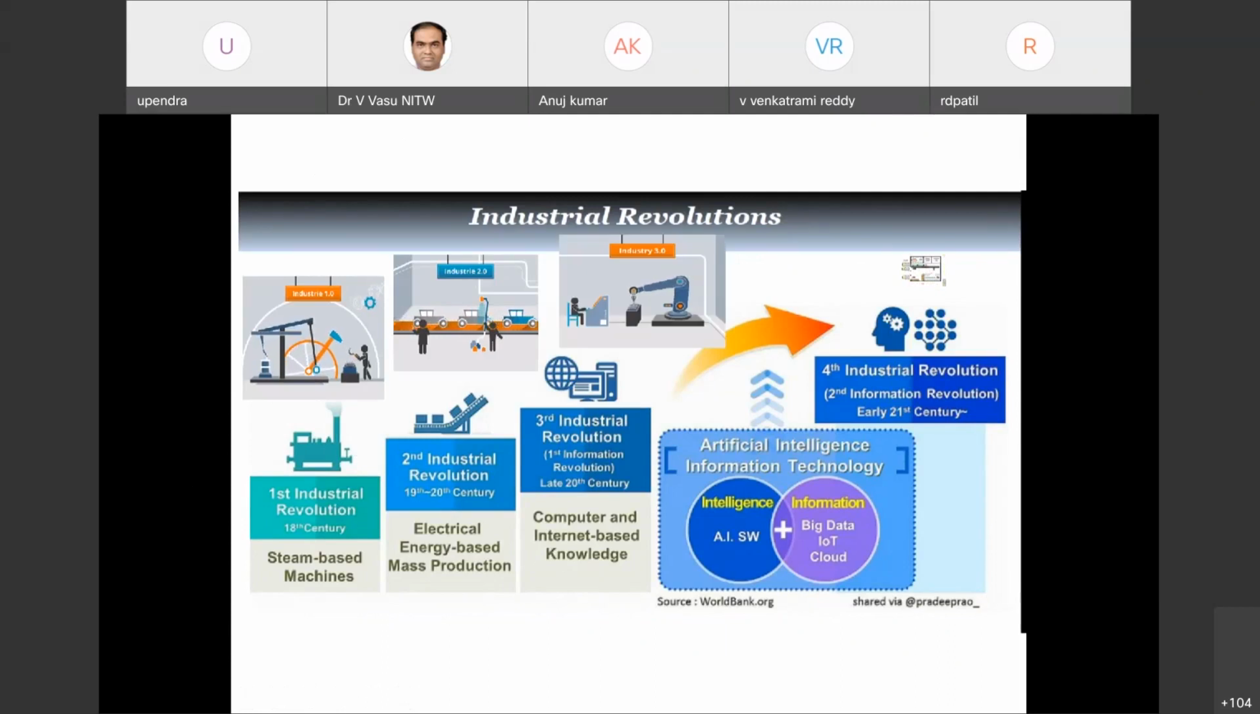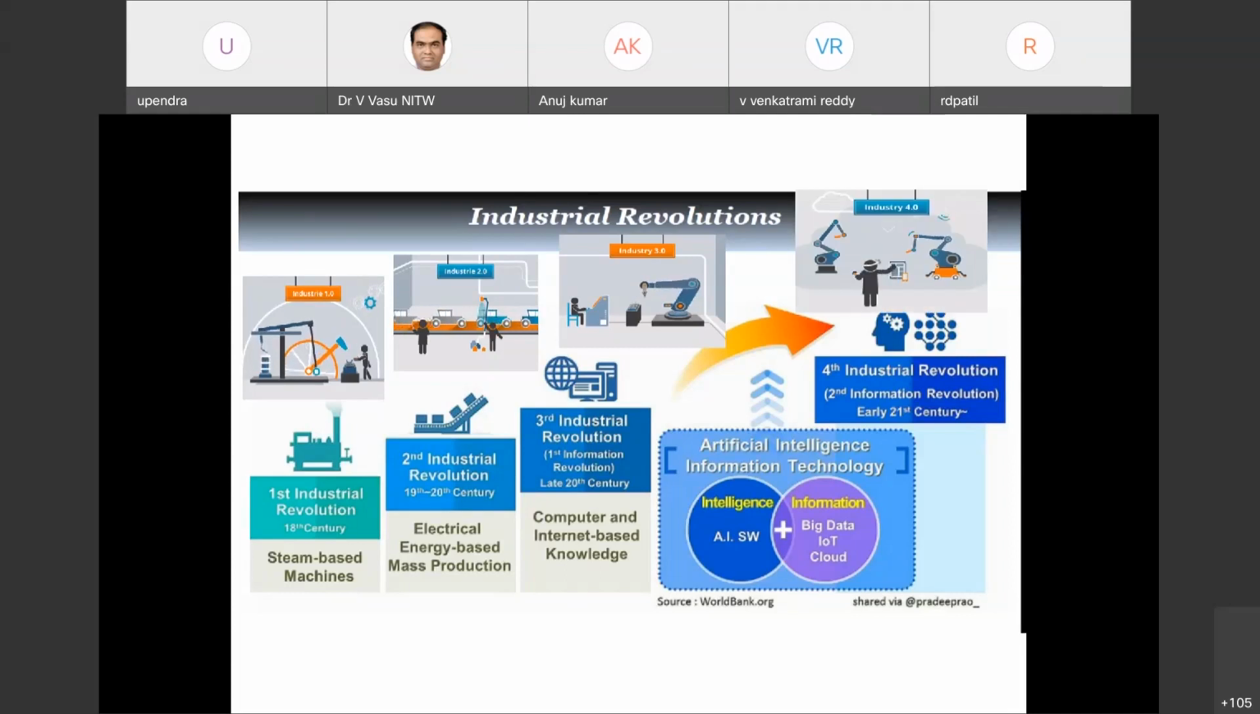Okay, in the third evolution, the computers are going to be mainly used for your applications. Okay, so next we are going to be having the Industry 4.0 revolution,